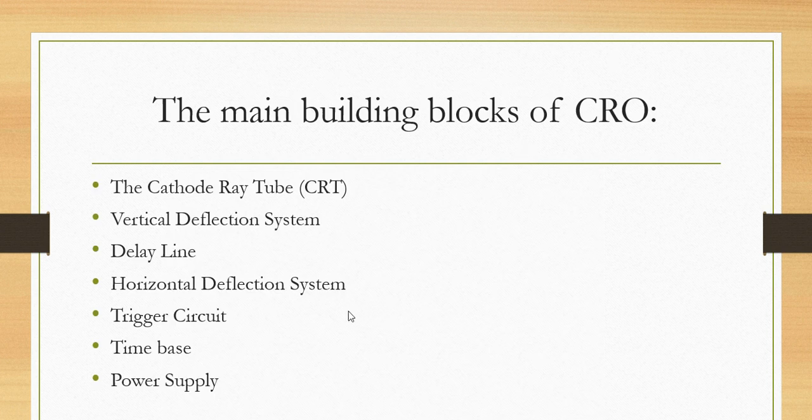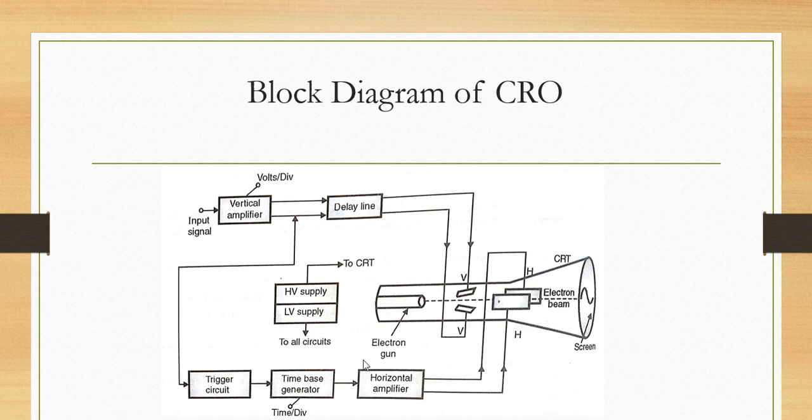Okay, now we have seen this block diagram of a CRO. I think this much theoretical knowledge to understand only the basics of the CRO is sufficient, but inside this we have to see each and every block in depth. That we will see in the next lecture. But now you must know how this CRT internally functions. That is very important. If you see the animated videos that I am going to share now, then it will be very easy to understand this CRO, because this understanding is very important.